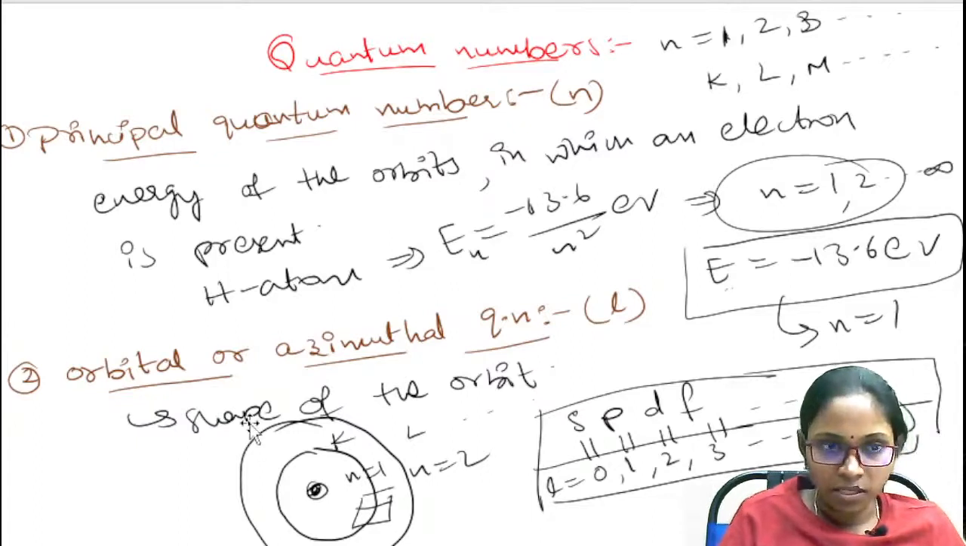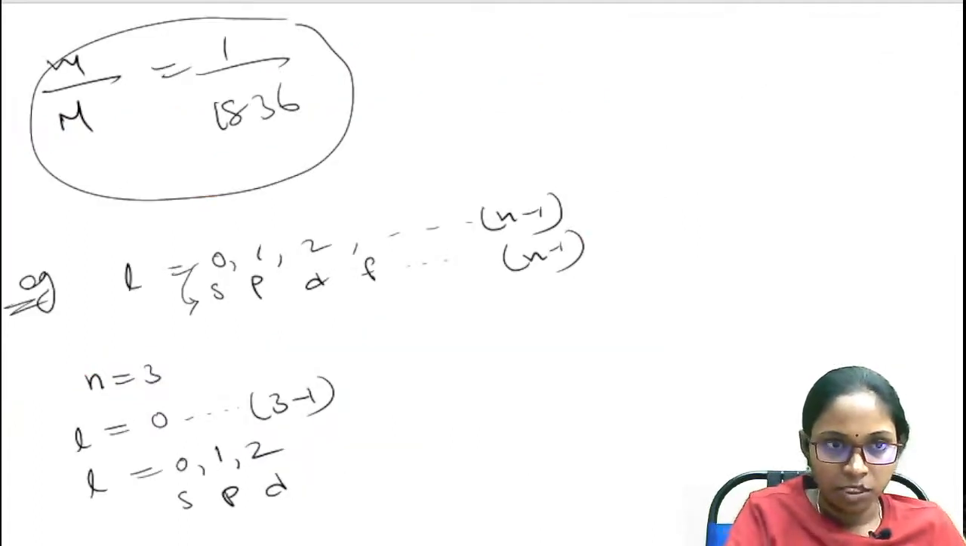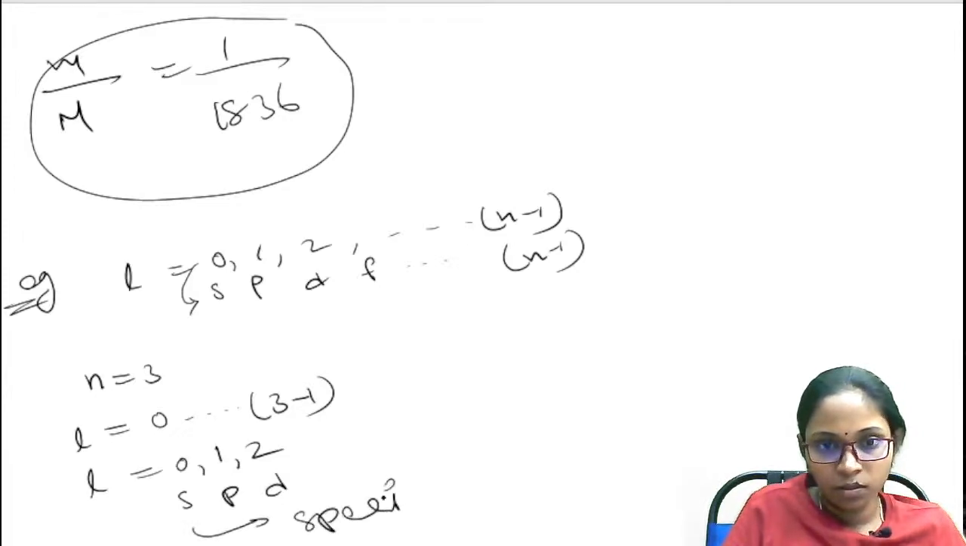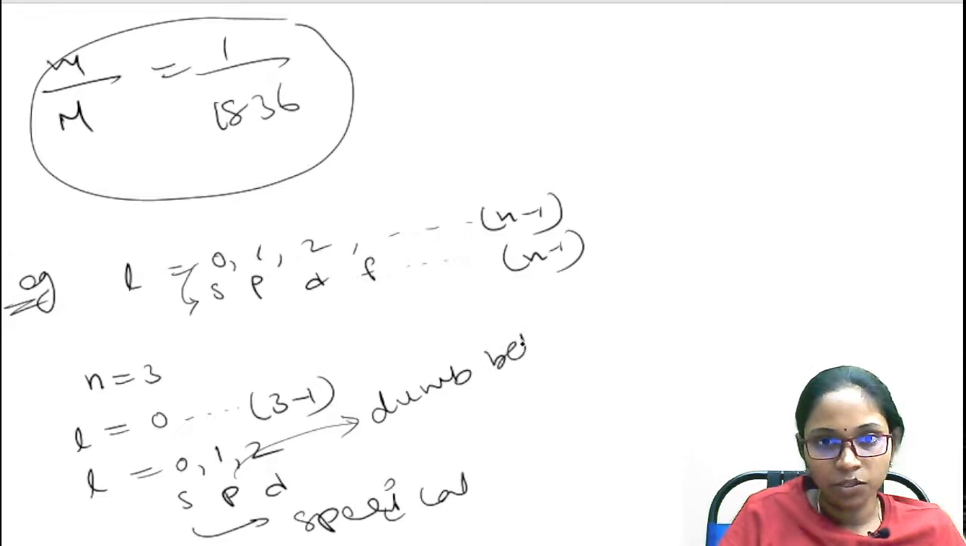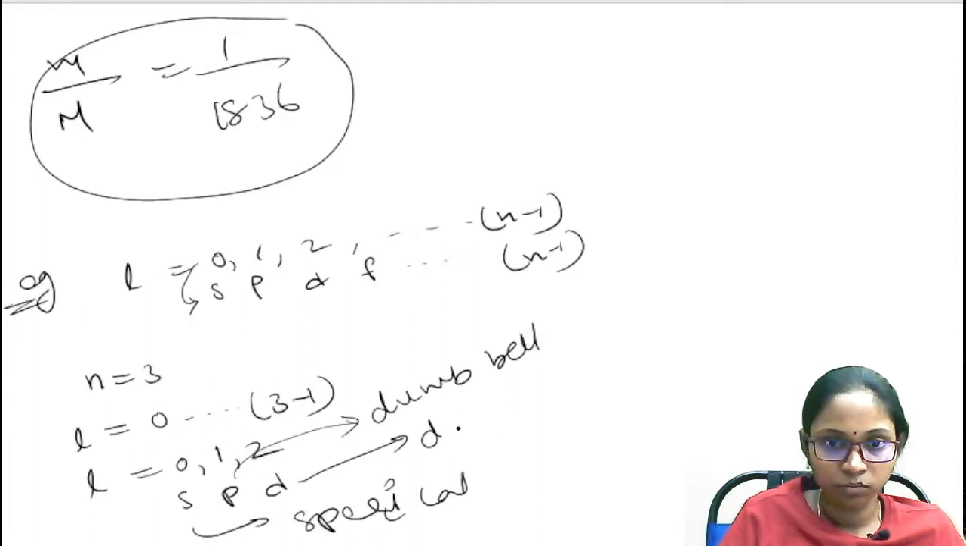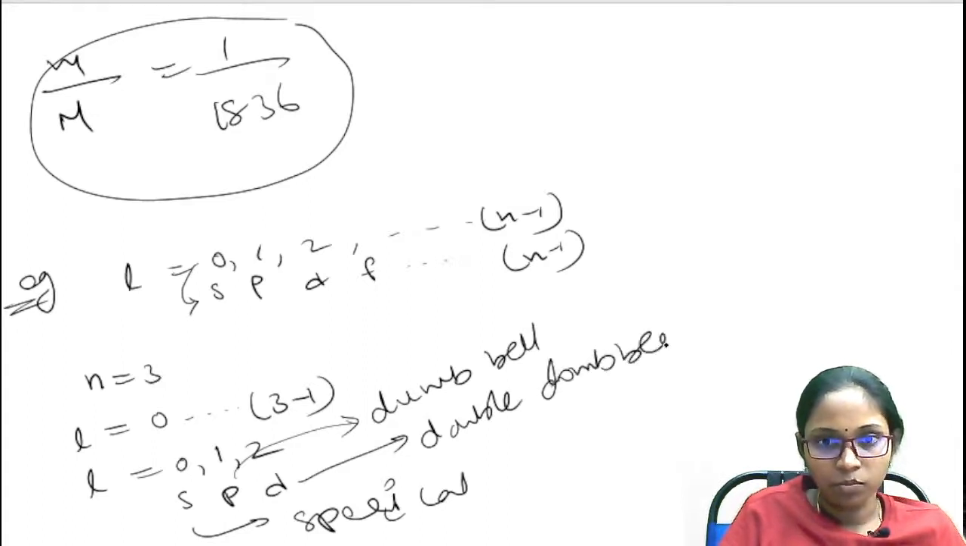Okay, and this S subshell will be spherical shape. P subshell will be of a dumbbell shape ఉంటుంది. D subshell double dumbbell shape ఉంటుంది D subshell. Okay,